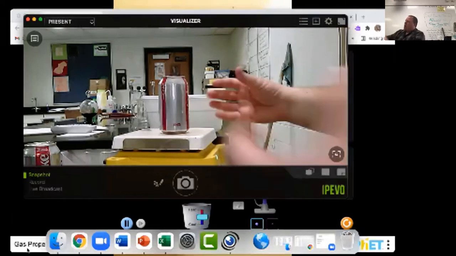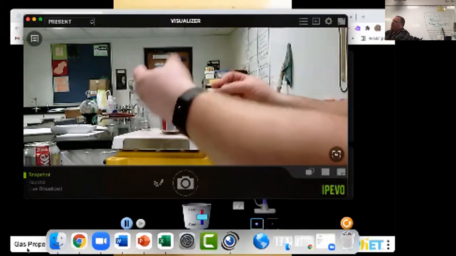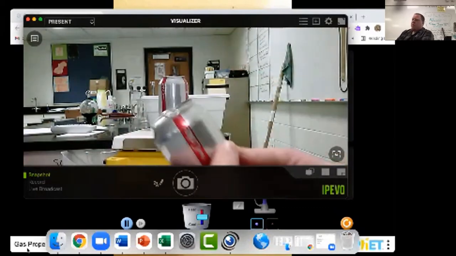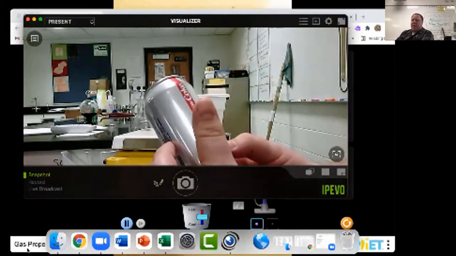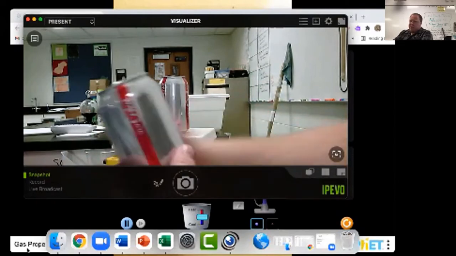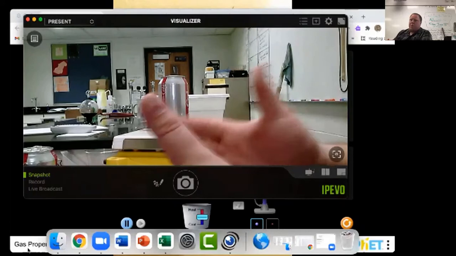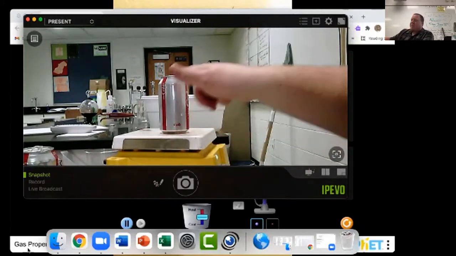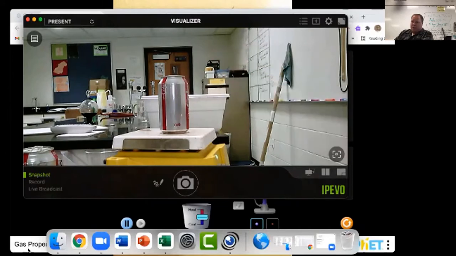Now there is air around the can as well that's pushing inward on the can. Now with a normal can, the air in the can and the air outside the can is the same. So it pushes on the can just as much as it pushes in the can. So they're equal forces. Now, it's still equal forces here, but I am increasing the pressure inside this can right now. Okay, and it's just able to escape there.